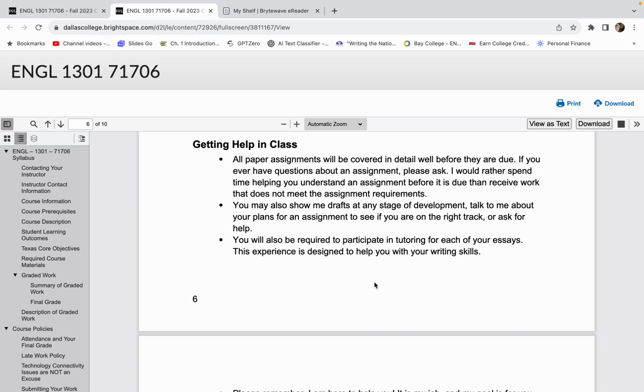Getting help in class. I know all those last policies are kind of not so fun to talk about or listen about. This one hopefully is a little bit more uplifting. Basically, we're going to talk about all of the assignments that you have to do. We're going to turn them in piece by piece well before they are due. If you ever have questions about an assignment, please ask. I would rather spend my time helping you understand the assignment before it's due